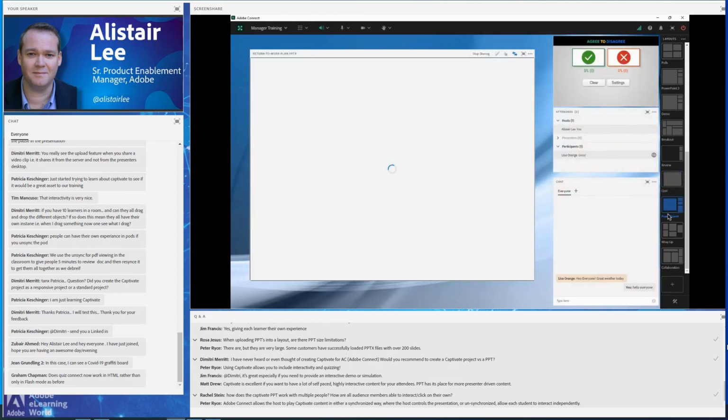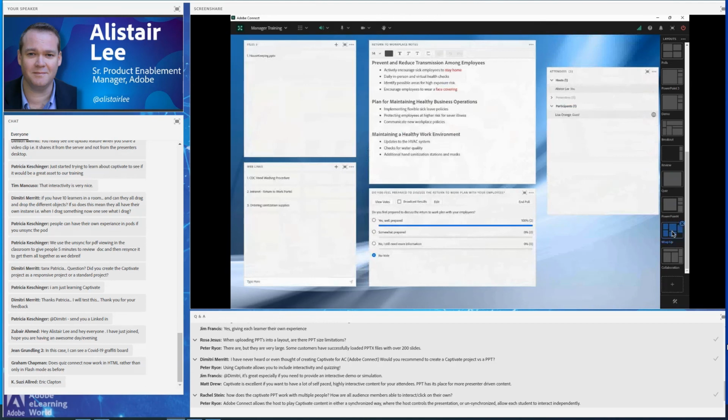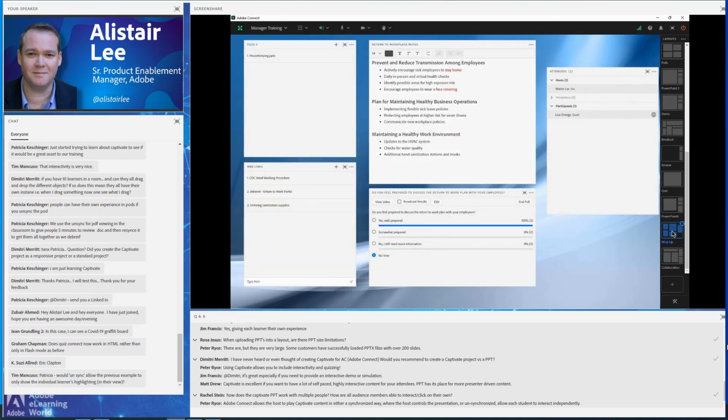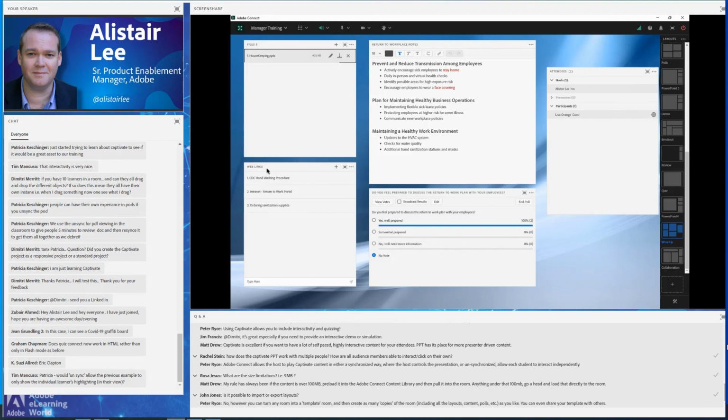Here's our PowerPoint 4 layout that we just created. Again, by adding it to the flow, I know that's where I'm going next. And then we've got a wrap-up layout that we're going to before we wrap up this particular session. On this layout, I've not only incorporated some interactive elements, like testing to see whether we've met our learning objectives, or in this case, understanding whether people feel prepared to go back into the office. We're using a notes pod here to summarize everything that we've discussed during this virtual training session. We are using a files pod here to give people the resources that they may need to continue on, along with a bunch of different web links.